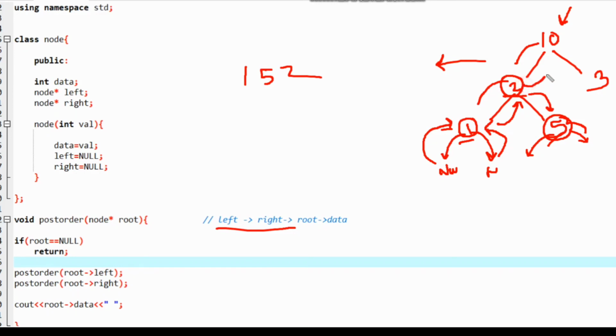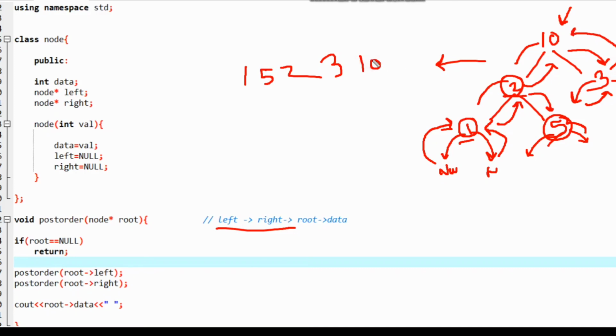So we'll be moving back to the caller of node 2, that is node having value 10, and from this we are going to move to right first. Okay, now from this node we'll be moving to left, but a null value is there, so we'll be returning back to the caller of the null value, that is node having value 3. Then to the right again we'll be returning back to 3, and we are going to print node having value 3. Now on node 3 we have performed all the 3 operations, that is left, right, and root's data. Therefore we'll be moving to the node having value 10, which is the root node.